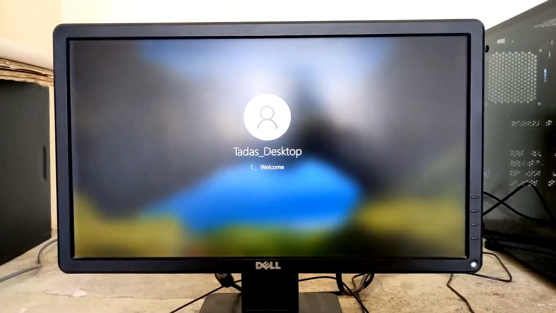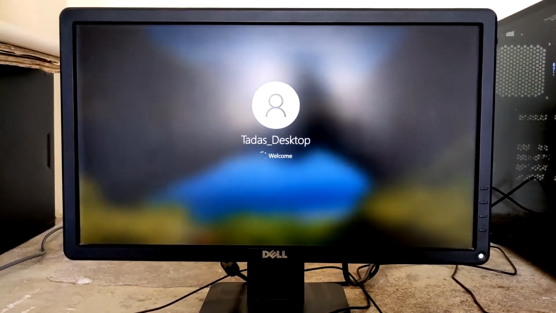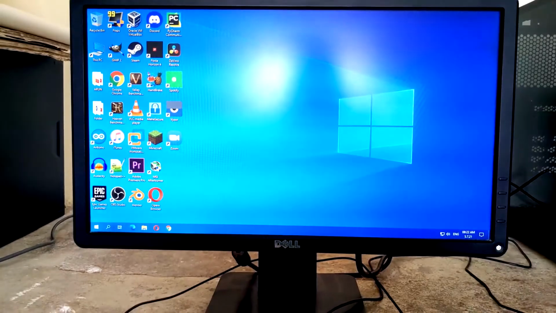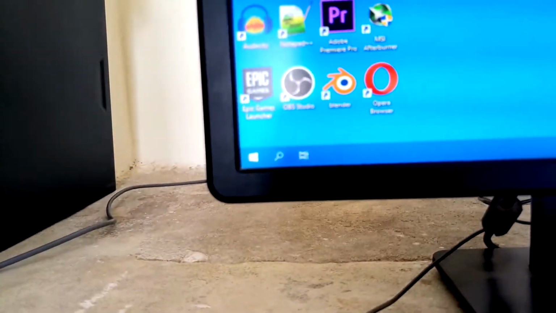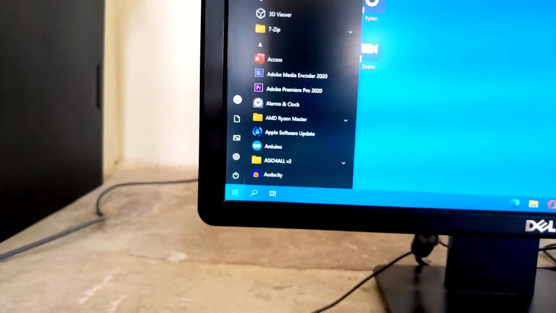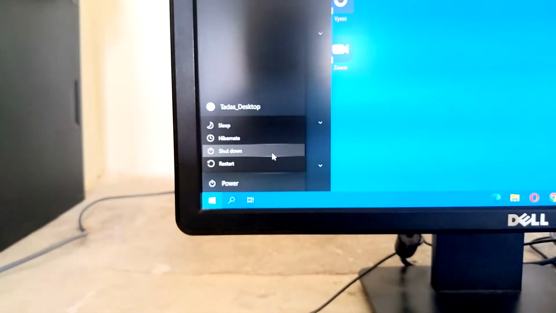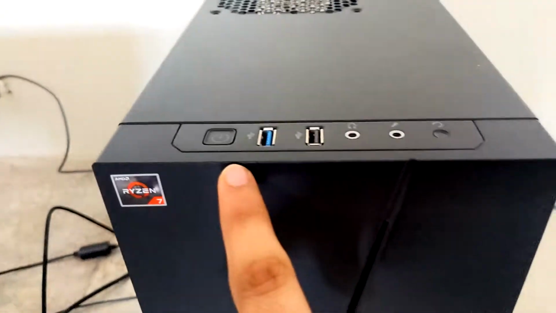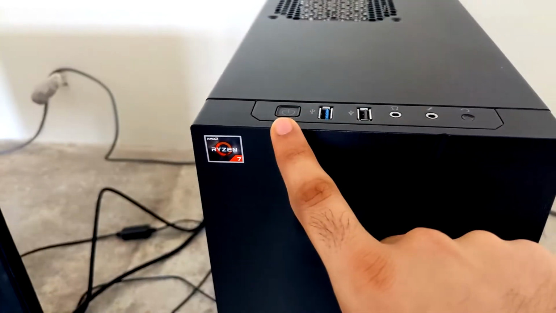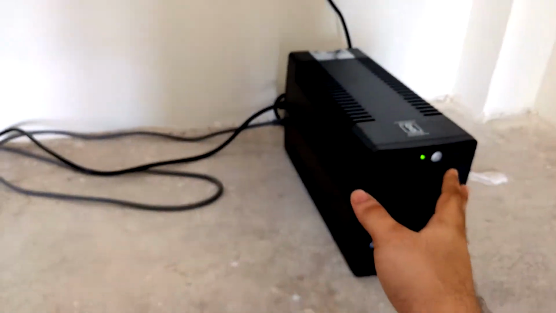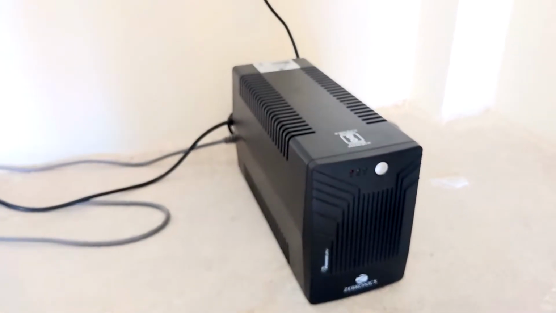But the shutdown technique that I was going to tell you was that, just wait a minute. So basically the shutdown technique that I was going to tell you was that instead of switching off the power right away, you should click on shutdown, but then wait for the system to actually completely power off. You can clearly see it from the power light of your system, and once it's completely powered off, the power light will go off like this, and then you are actually safe to turn off the power supply.